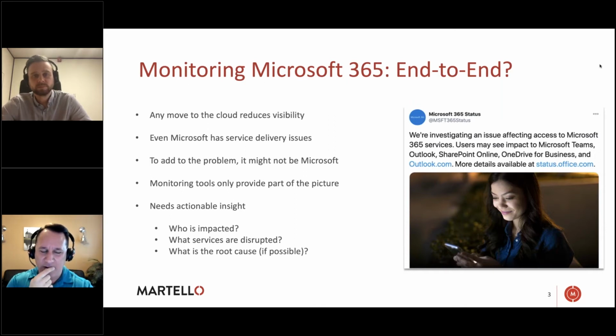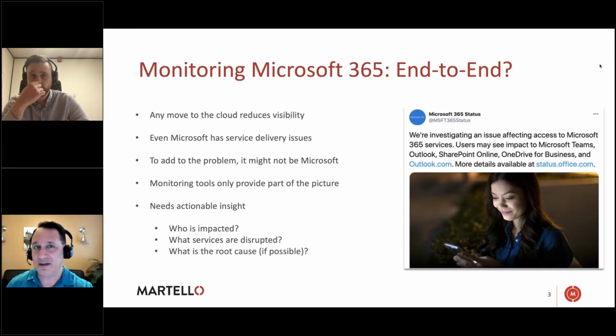Next question I had written for you, Rob, is the idea of monitoring. I kind of already insinuated it, and that it means potentially going all the way from the endpoint itself. So it could be someone's laptop or whatever device they're using, and so on. The network path that they take to the Microsoft cloud, and then finally to the Microsoft 365 service themselves. So do you think this is important to be able to do that entire kind of spectrum, and if so,